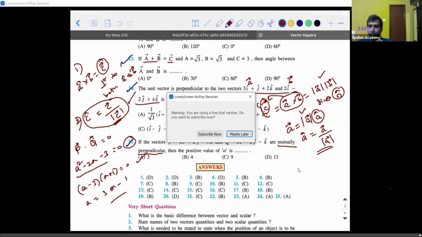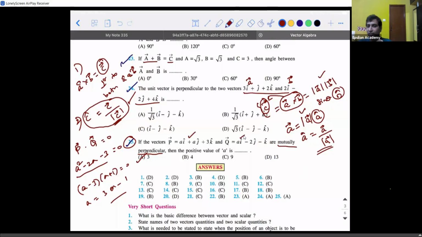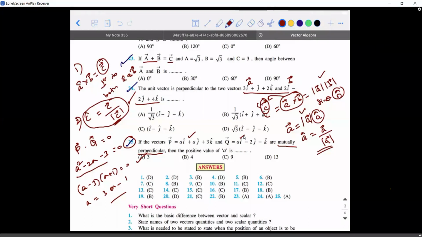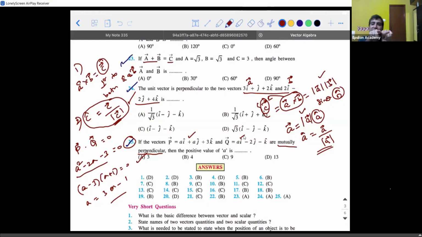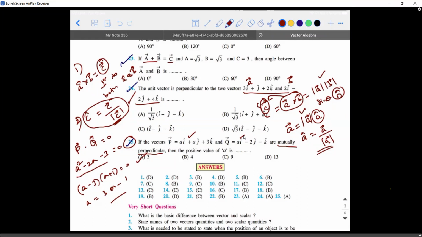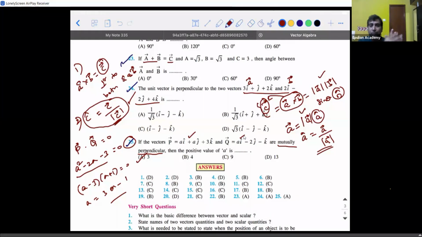you're able to understand that? Yes, sir. So the already existing vectors need not be perpendicular. Please understand this. The already existing vectors need not be perpendicular. They can be like this also. Okay. So if you have to find the third vector which is perpendicular to both these existing vectors, that time you use cross product. Okay, sir. Now read this question so that you will have a better understanding.